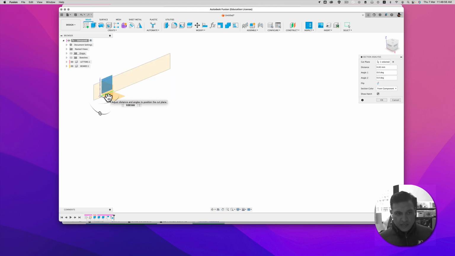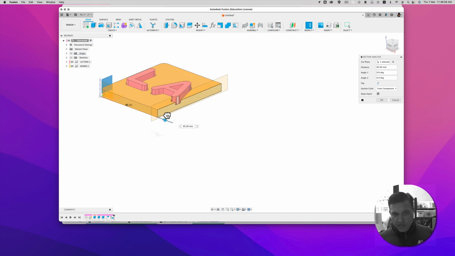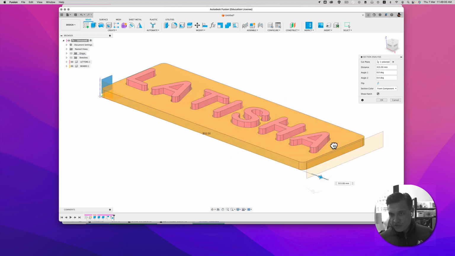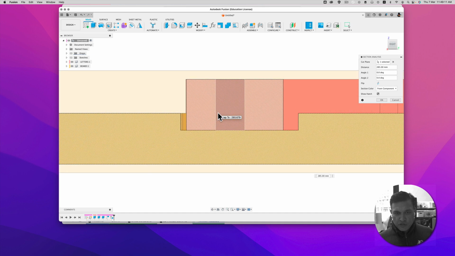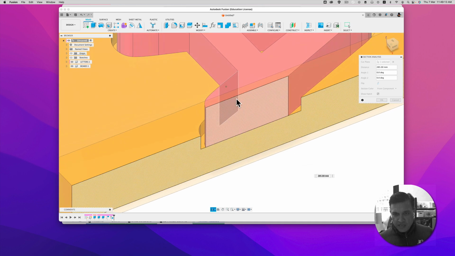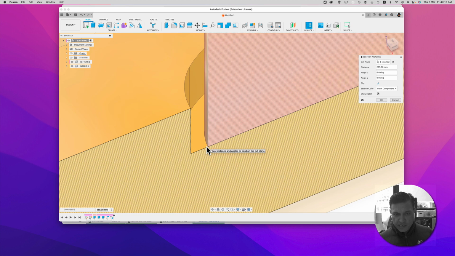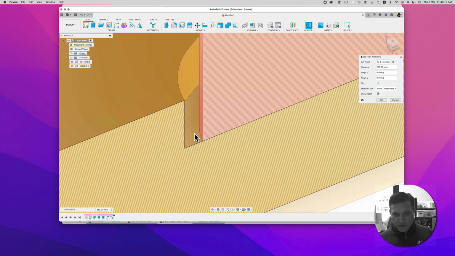And basically what that allows us to do is we can see a cross section or section analysis of a design. And this is useful when you want to review the design, especially if it has parts that need to fit together. So you'll see in this case that the letter is sitting perfectly on top of